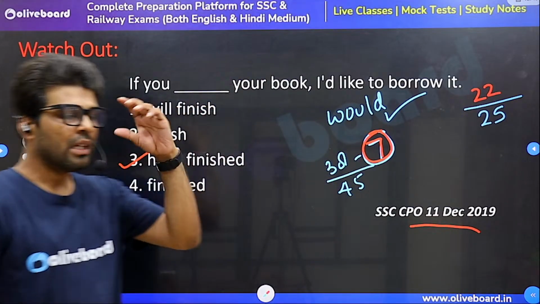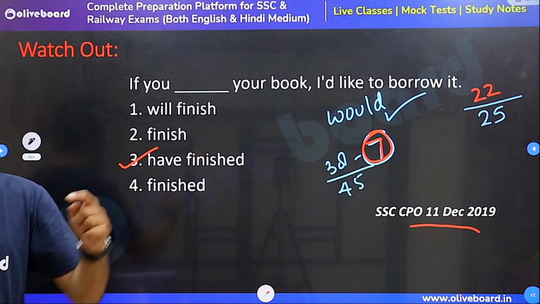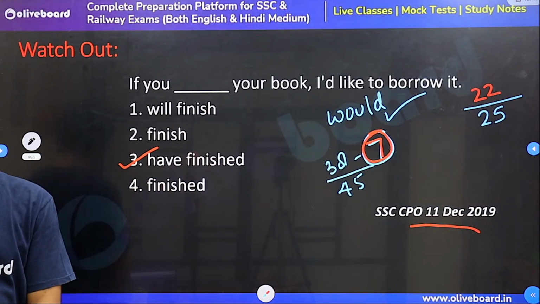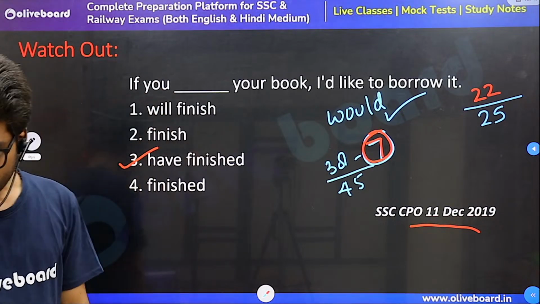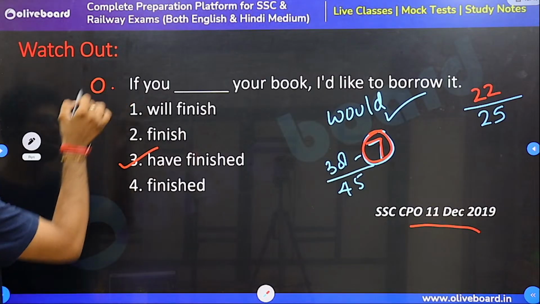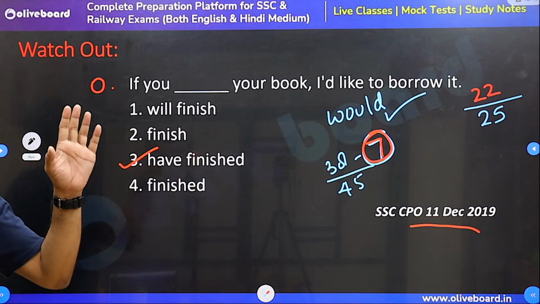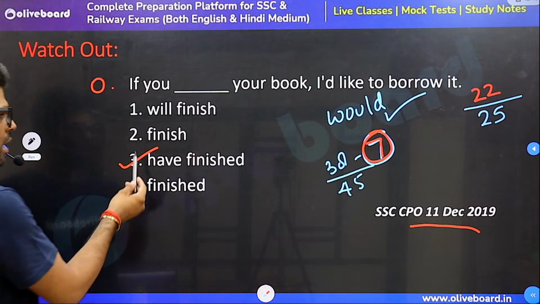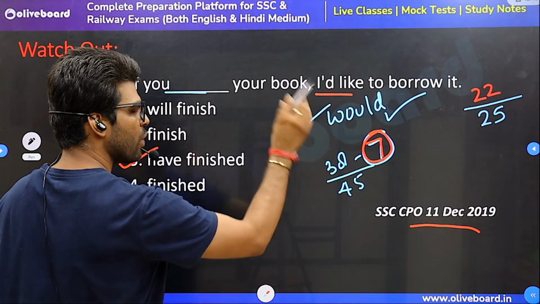But here, I'm not mentioning any unfulfilled condition of the past. I would like to borrow it. I would like to go there. I would like to talk to you. I would like to say something. The first thing is, it's not second conditional, it's zero conditional. Present here, present there. That's the politeness one: I would like to say something.